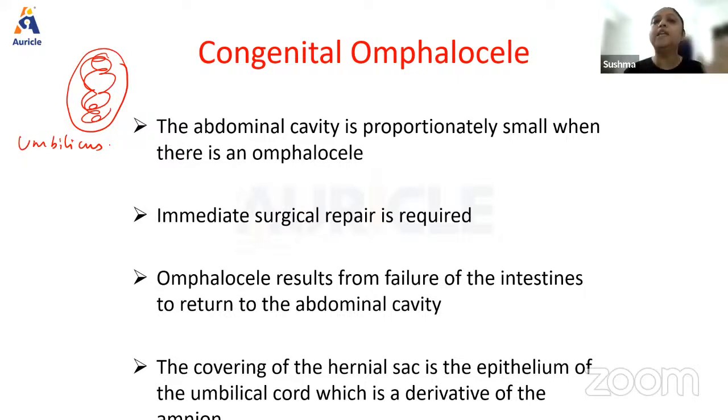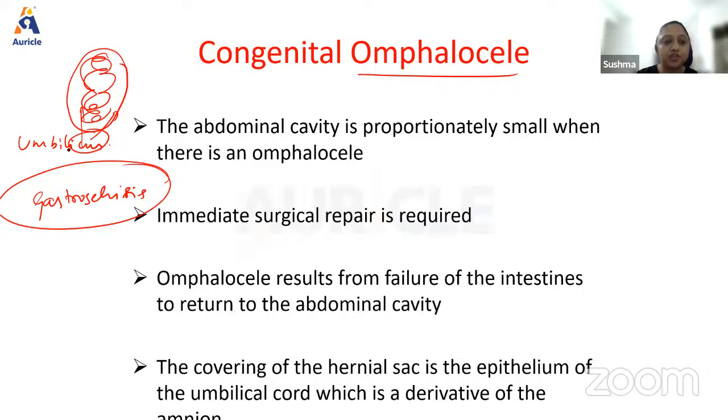Here, when the baby is born with congenital omphalocele, you will see that at the umbilicus, all of the contents come out, covered by a sac, which is called omphalocele. If the sac is not there, then it is called gastroschisis, which is generally towards the right of the umbilicus. Omphalocele results from the failure of the intestine to return to the abdominal cavity, and